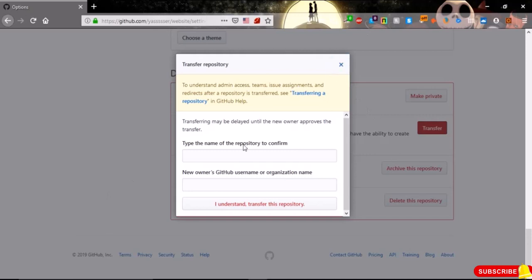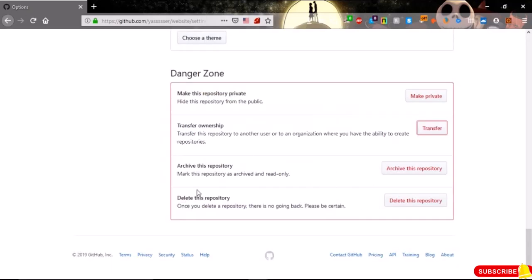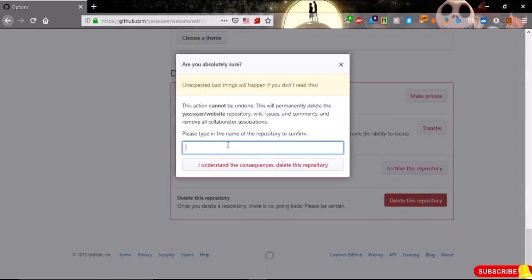And here we also have archive repository, if we want to archive or delete a repository. Also, for delete and archive repository, we need to write the name of our repository, then click I understand the consequences and delete this